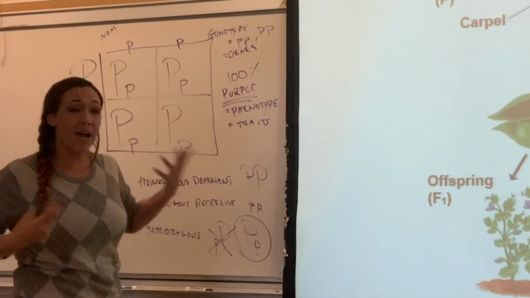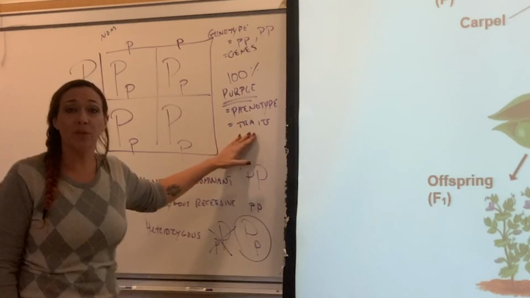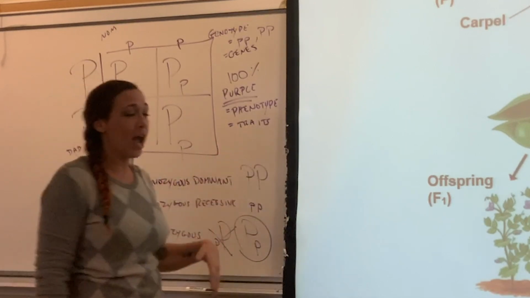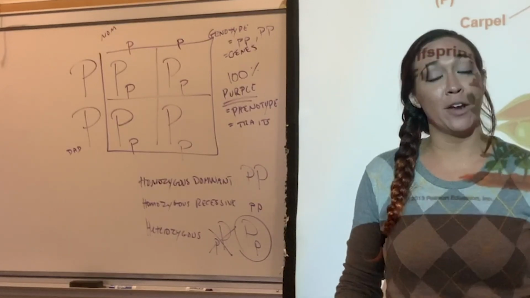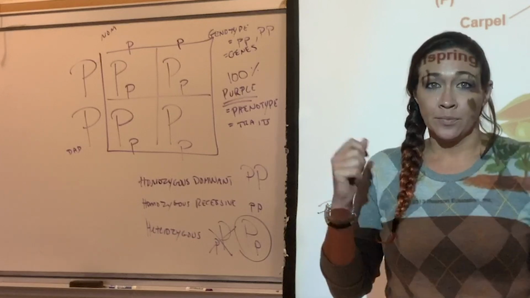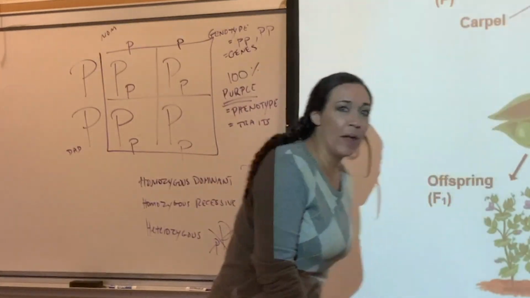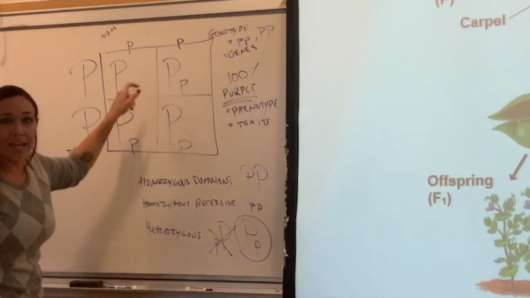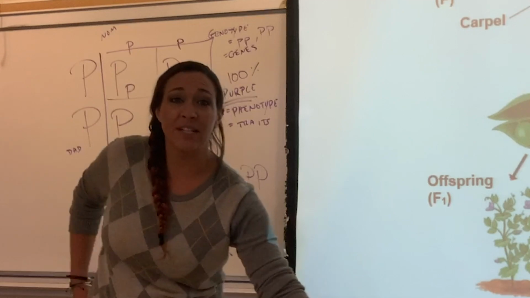When your genotype is expressed, meaning it shows up, that determines your phenotype, right? I have brown hair because my genotype says that I have brown hair, and therefore my phenotype, my physical appearance, is brown hair. Okay? So, we crossed a white flower and a purple flower. Every single one of our offspring came out purple. Hopefully this makes sense to you guys. If it doesn't, try it at home.